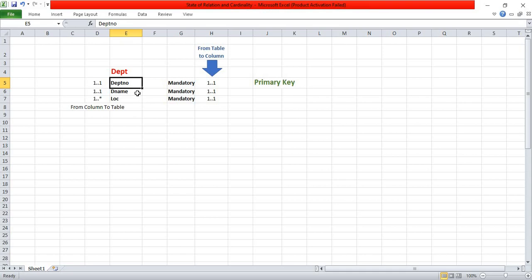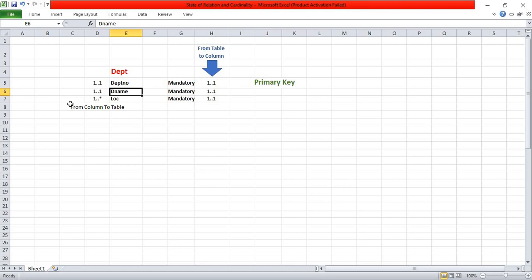If you give one department number to more than one department, how do you identify them by that number? If I say department number 10 has both marketing and sales, whenever I'm talking about 10, people are confused whether I'm referring to marketing or sales. The second thing, can a department name exist for more than one department? No, right? We name it so that we can identify it. If you have two people with the same name, when you call, who will respond? The same way, when you have two departments with the same name, it's always a confusion.